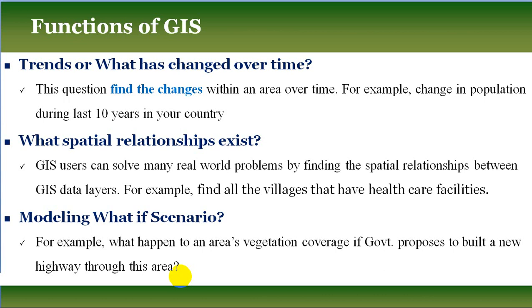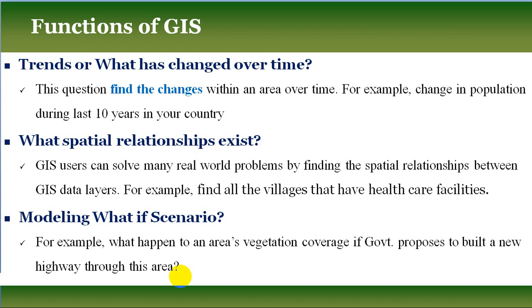So before making such a plan, if the government performs such a what-if scenario, then the government can assess the impact on the common man and the environment, so that they can take a lot of steps. They may postpone this proposal, or they may develop it by taking some sort of precautionary step. So these are the 5 functions, or the 5 spatial questions, that we as GIS users ask